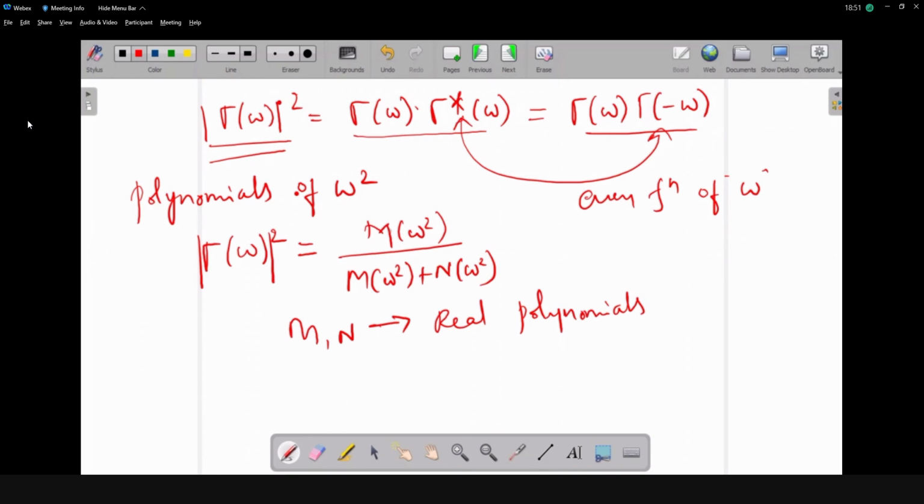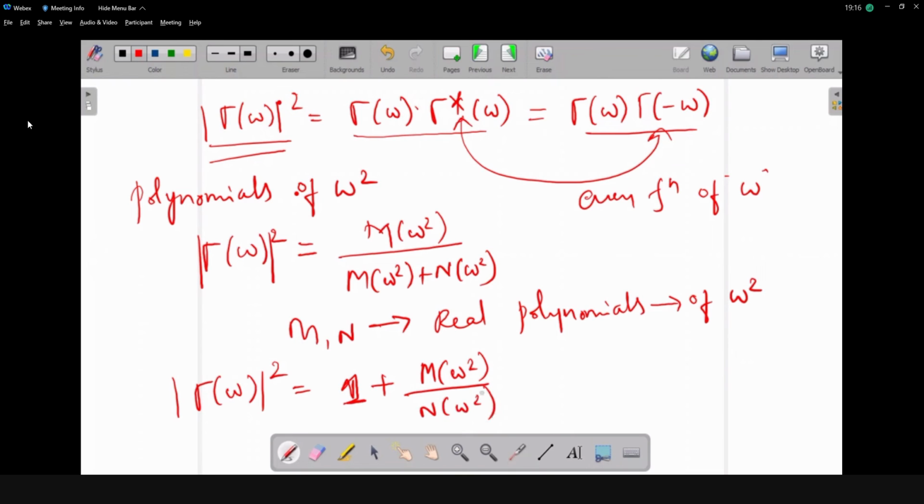Because we know the complex and real values, these m and n values are real polynomials of omega square. So now if you take this one, gamma of omega square magnitude, we can write m of omega square divided by n of omega square as nothing but 1 plus m of omega square divided by n of omega square. Okay. So now if the filter is physically realizable,